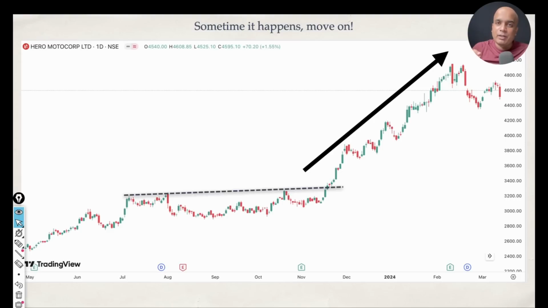Friends, please remember, there is not a single trading system in the world which captures all the good trade opportunities. There is no way. You pick any trading style or trading system or trading pattern, definitely it will not be able to capture all the good trade opportunities. 100% no way. So you should always remember this. Whenever you follow pullback trading, these kind of moves do happen. You will experience it.